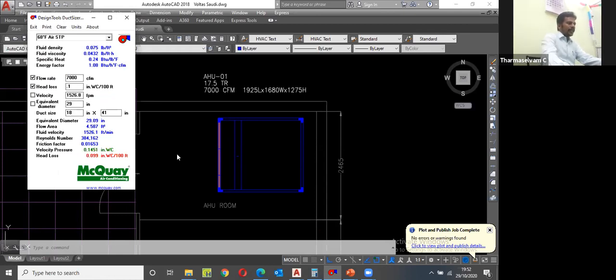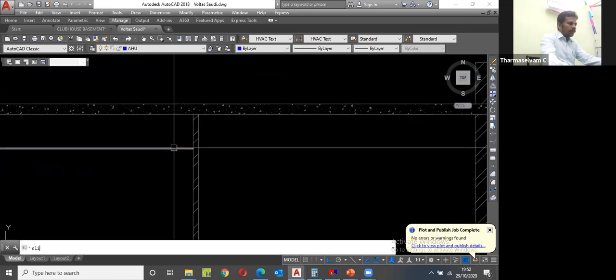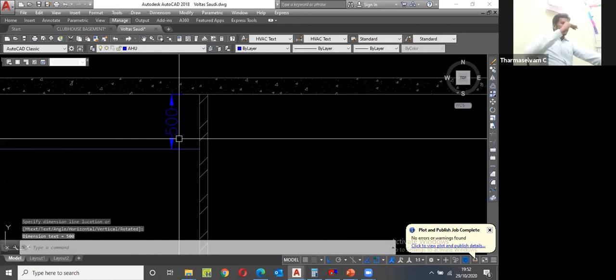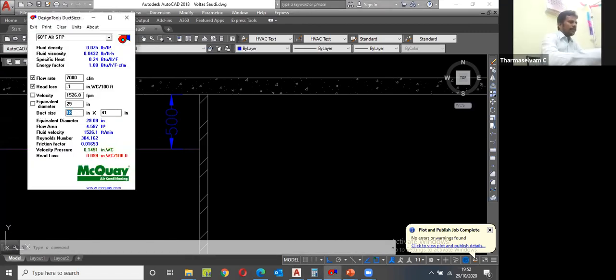You have to check the height, how much you are able to take here. Maybe totally 500 mm is there below. I told you below, minimum 100 for the false ceiling, 150 mm. So 250 mm height is there. You can check that 250 mm. 250 mm means 10 inches. Almost 1:9 ratio. You know that 1:4 is the aspect ratio.